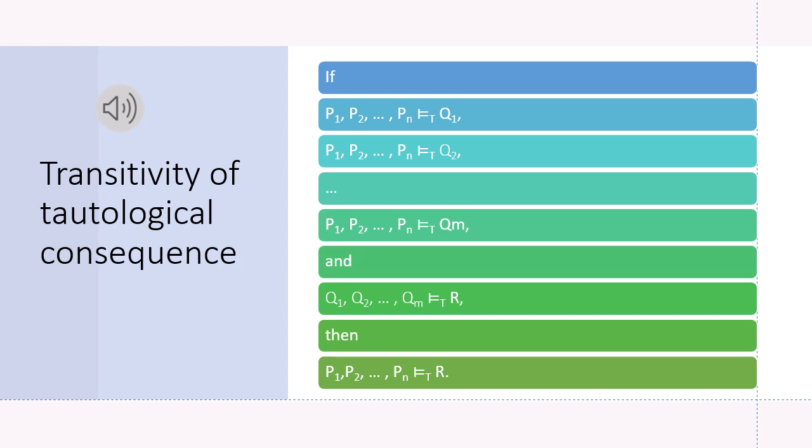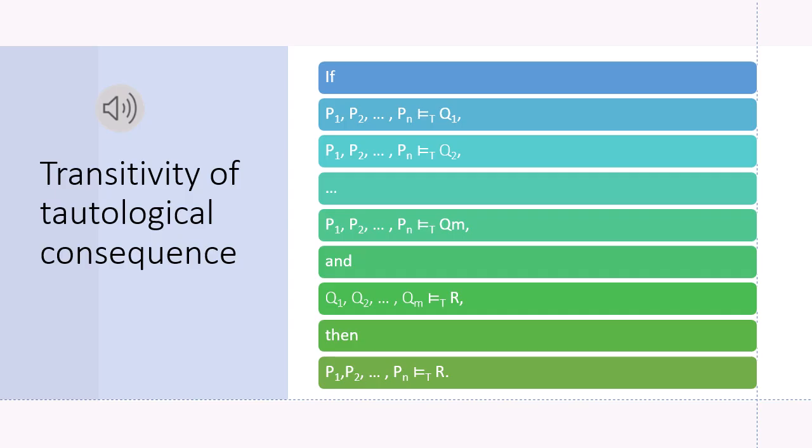So in some sense, in the truth table, we've reasoned to Q1 through Qm, and then now we see that if Q1 through Qm are marked as T, then R had to be marked as T as well. And the only way that that's possible is if R is really a tautological consequence of P1 through Pn. And there are a lot of ways to maybe prove this. We could prove it by contradiction, but ideally it's really just a matter of thinking about what happens in the